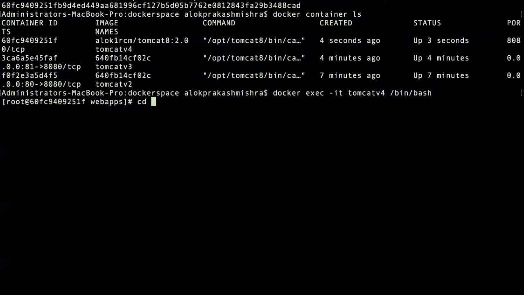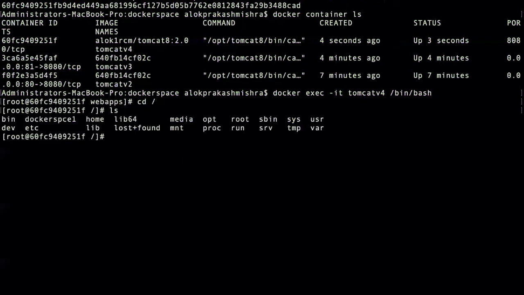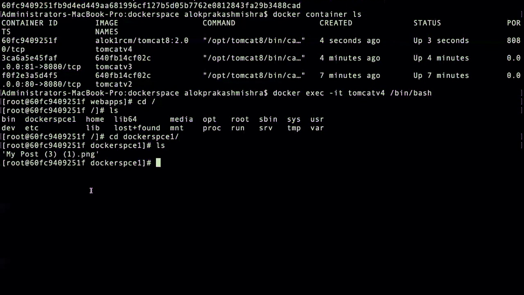Now let's go to the root directory. Here you can see docker space is created, and we can go inside this docker space. You can see this file is there. Let me copy, or you can create one more, touch abc.txt.